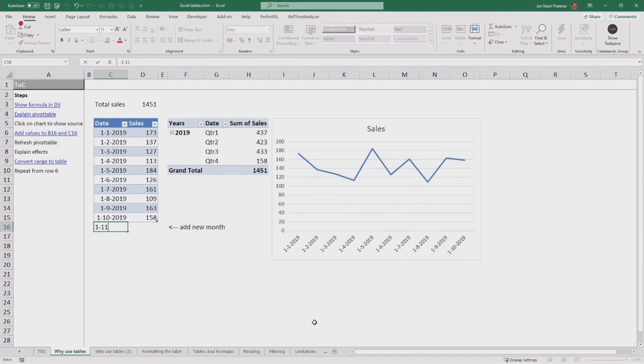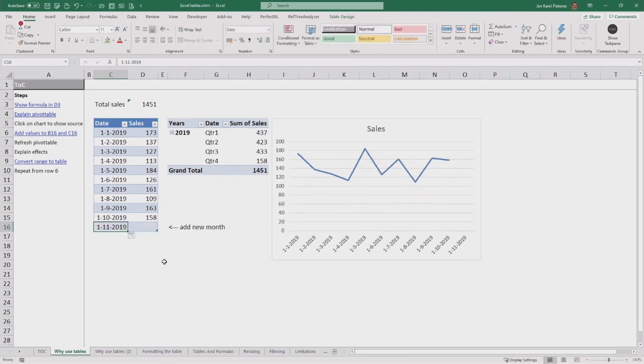I'm going to type the date again. And please pay attention to my chart, to the bottom right corner of my chart when I click enter. I'm going to click enter now. And as you can see, November 1st was added to my chart's x-axis. And if I now type the number 250, you'll see the 250 come up here somehow and the y-axis scale